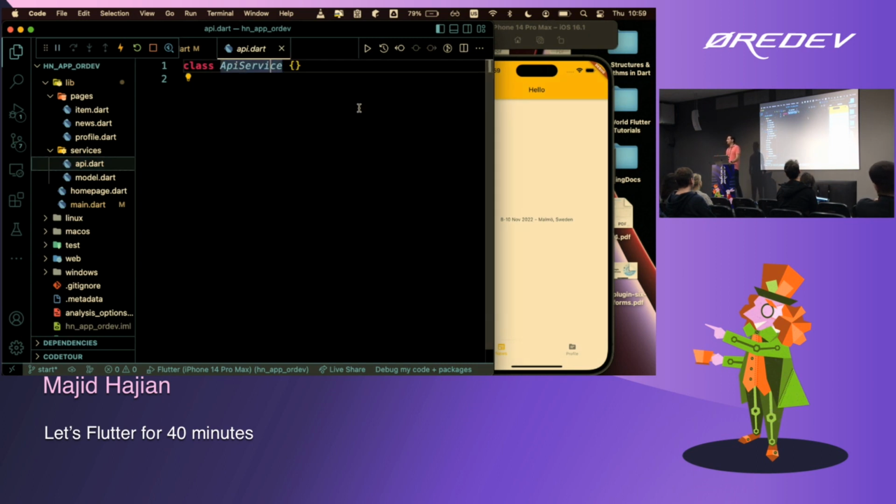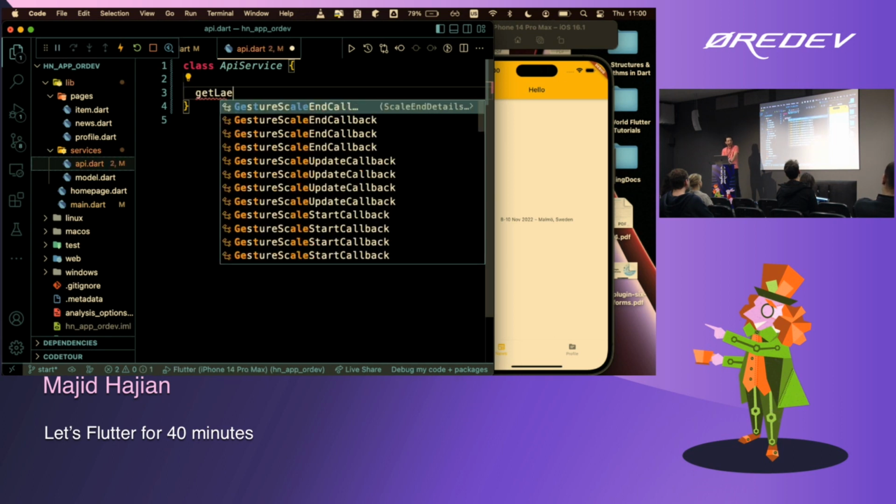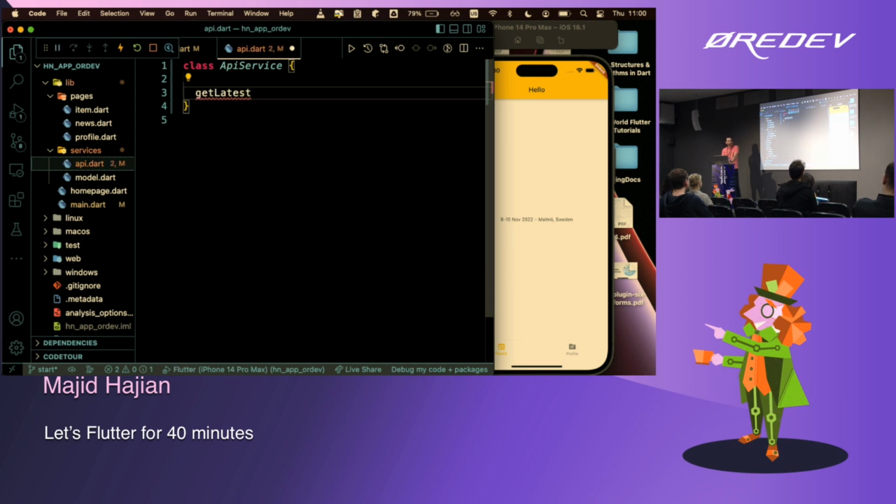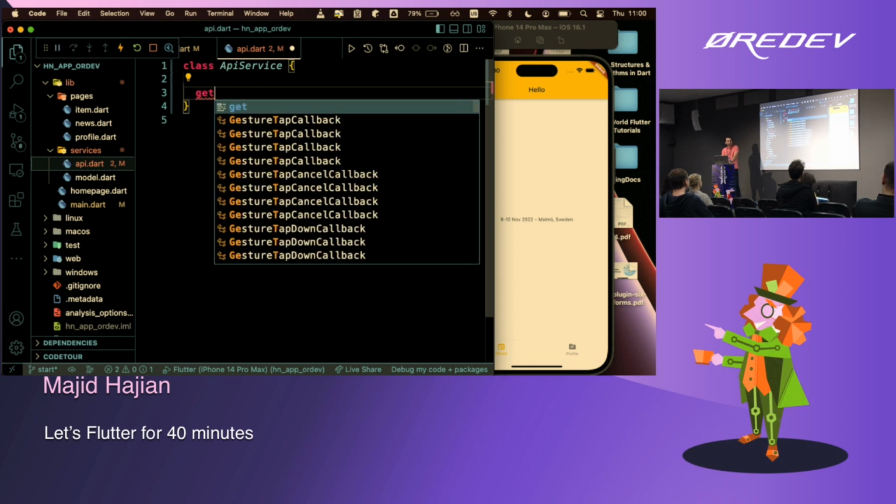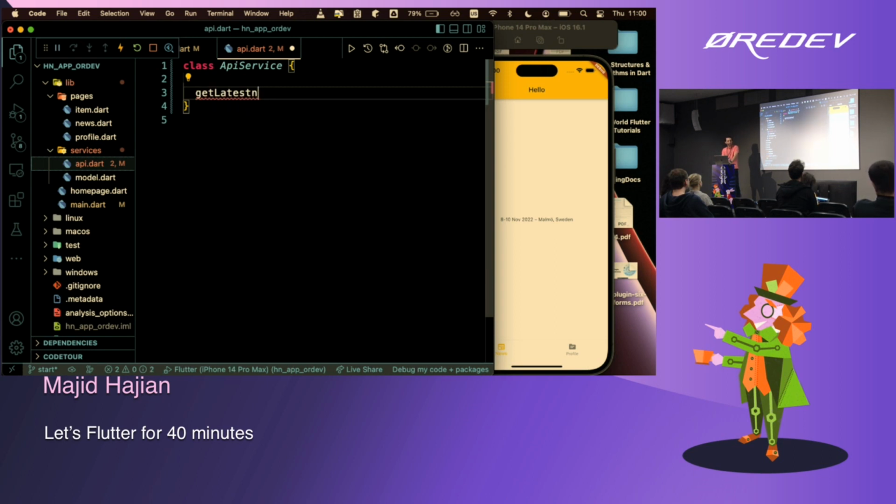Just a simple service class, which I need to inject anywhere that I want to call any method. You can do that even in the widget, not a problem, but it's not a good practice. It's better to abstract your business logic and data layer into another layer, not the widget layer. Even in other applications, you would do that, right? So what we're gonna do here is simple. I'm just gonna get the latest news.